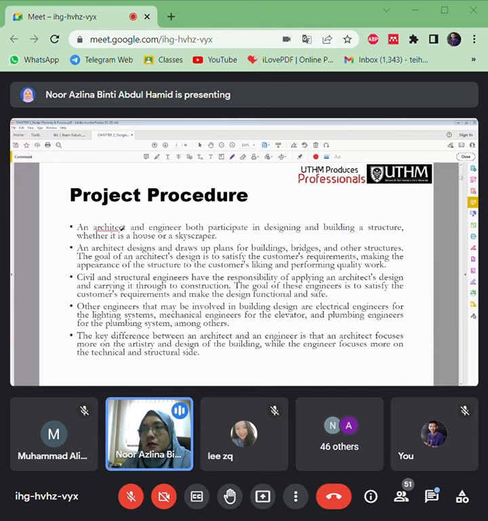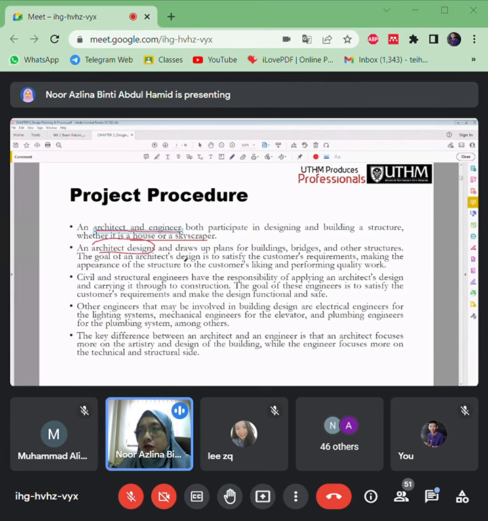So if you look here, the architect and engineer both participate in designing the building structure, right? Never mind whether it's for housing, schools, a hall, or a shop lot, everything. The architect and engineer will work together, and it starts from the architect's design.